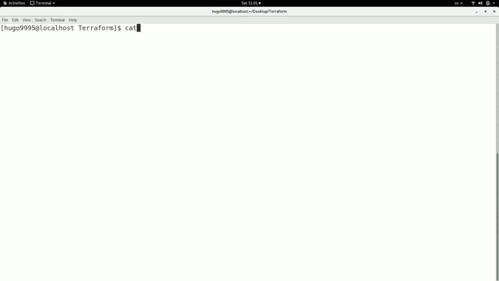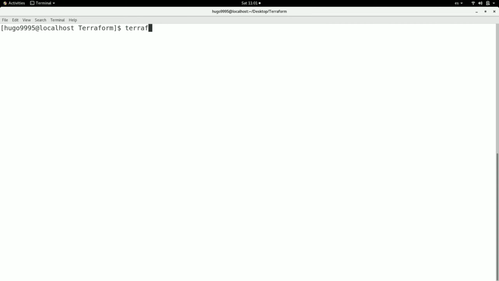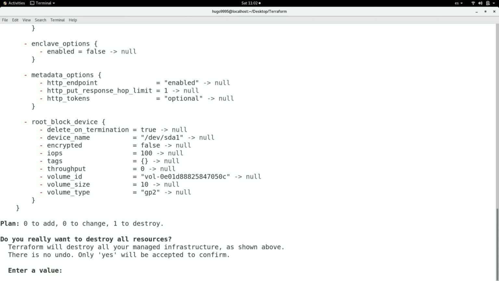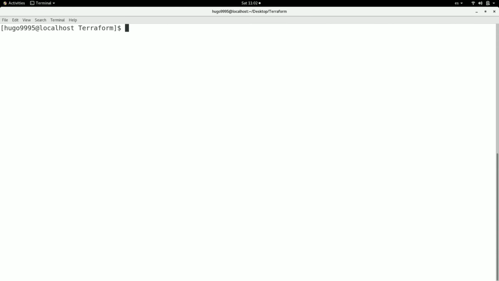Here I just deployed an EC2 by using this TF file, and if I try to destroy it with the Terraform destroy command, it will prompt me for a confirmation. So this is not useful for automation. Then how can we avoid this behavior? And for doing that,